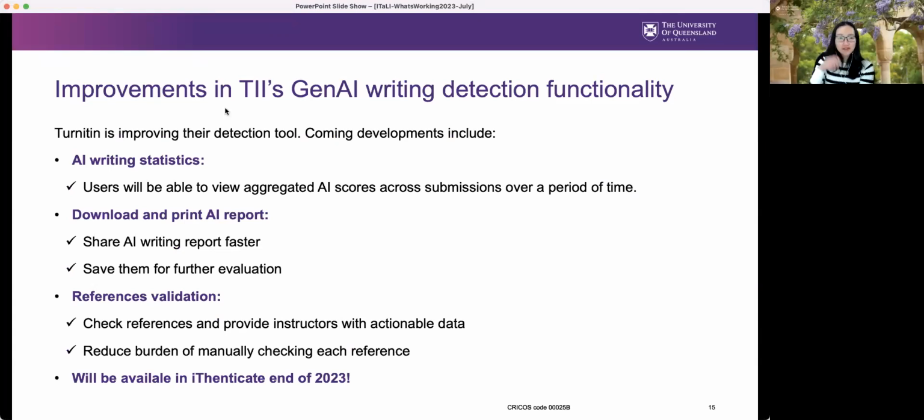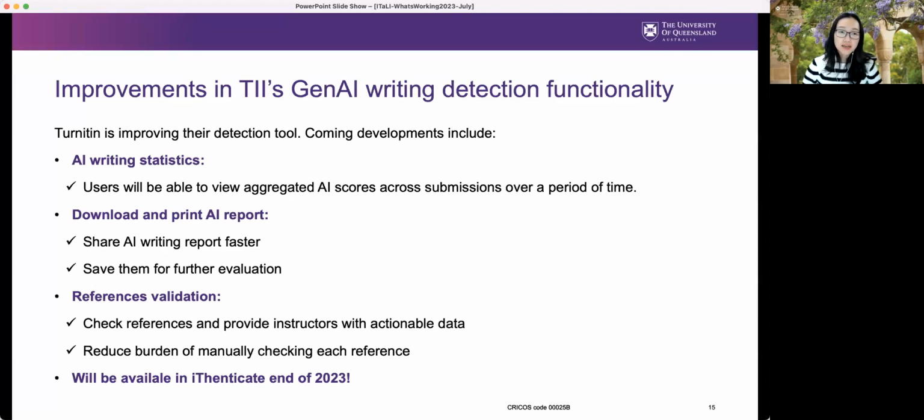Hi everyone, my name is Hong and I am one of the e-learning advisors here at Italy. So in April, Turnitin released its generative AI writing detection functionalities, and UQ decided to turn the function on so that we can test the tool further, and also it assists our course coordinators who wanted to see if their students use AI without acknowledgement, or if AI is not allowed in their course but the student uses AI in their assignment. So after 2 months of implementation, we have been sending back our feedback about the tool.